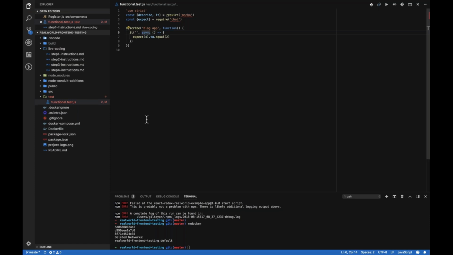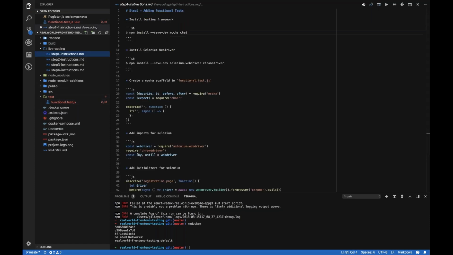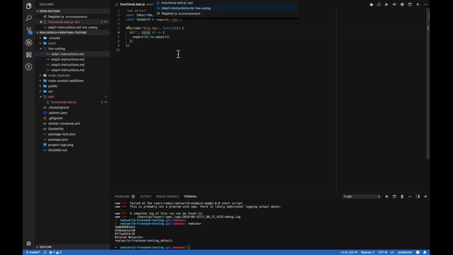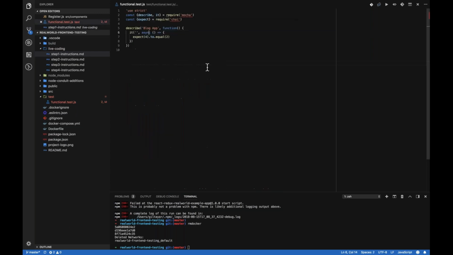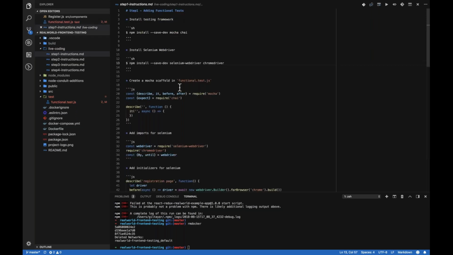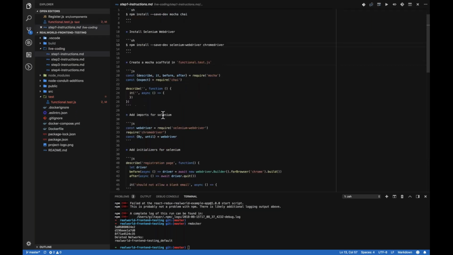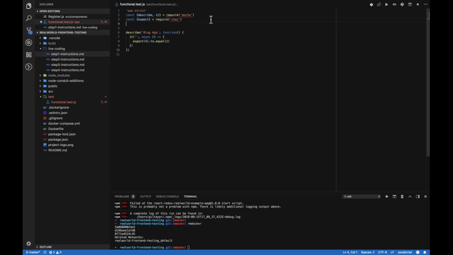So what else do we need for a functional test? Besides Mocha and Chai, we also need Selenium WebDriver and Chrome Driver. Those are in the node modules, so they're already pre-installed, so we're good in that area. And we created the scaffold. Now let's add a Selenium WebDriver. So we say WebDriver equals require Selenium